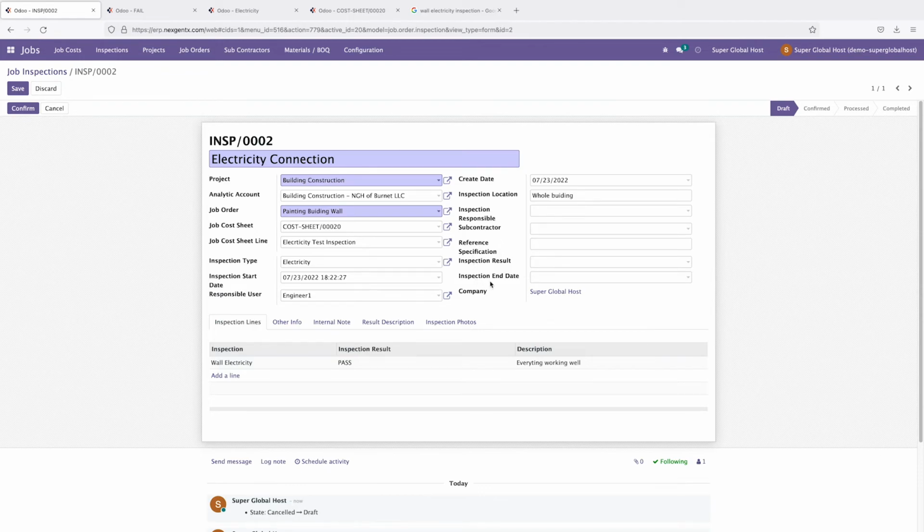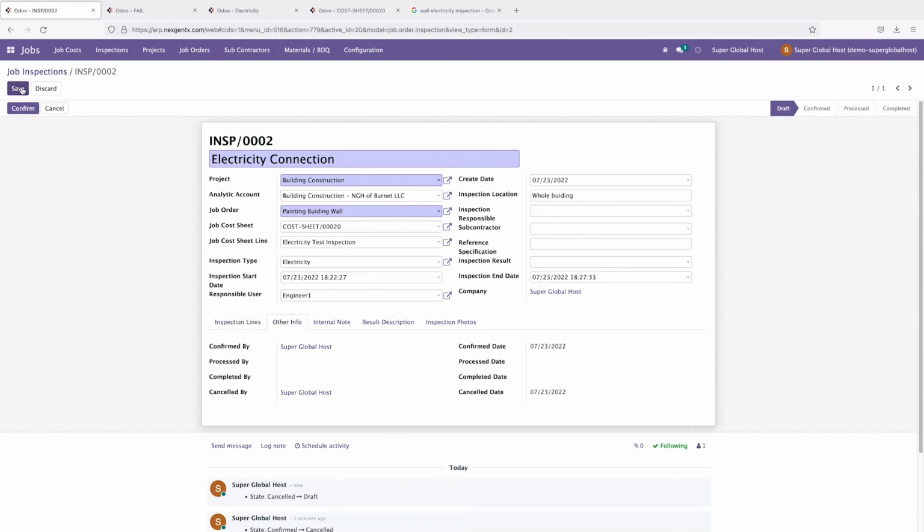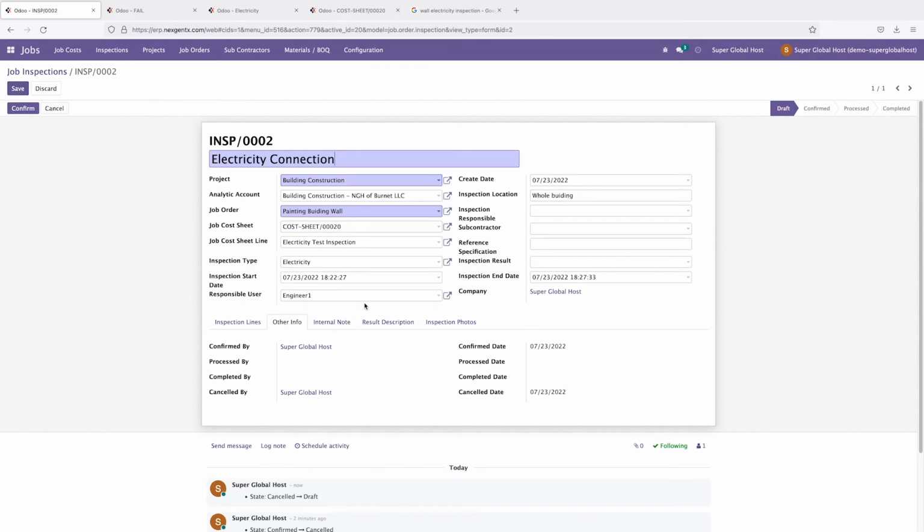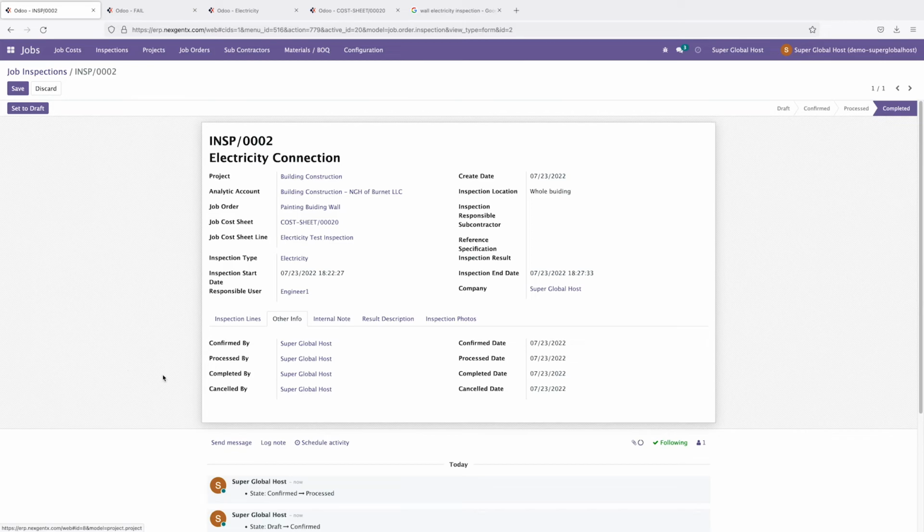Inspection, recent subcontractor reference, inspection date. We need to set the inspection date on this one. Save. Okay, and then we can confirm this one. Then proceed by the same super global host, and completed by also this one, same user,